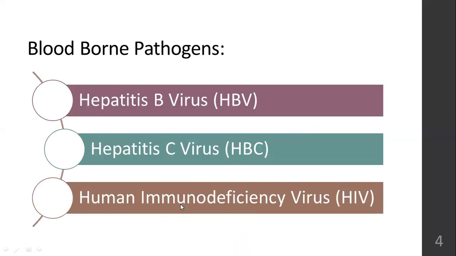Coming to the most dangerous part of this, the blood-borne pathogens. These are infections transmitted through blood. Even when you contact infected needles, these pathogenic bacteria or viruses can cause harm to a susceptible host, and these hosts are mainly healthcare workers. So hepatitis B virus, hepatitis C virus, and human immunodeficiency virus, HIV. These are the three main, most dangerous bloodborne pathogens, again a part of occupational health hazard in hospitals.